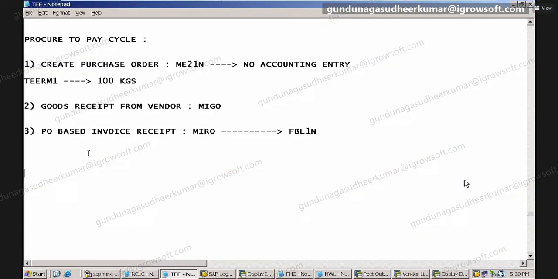Now, what do we have? We have FBL1N. What you have to understand is that what you posted in FB60 is also coming into FBL1N. It is a non-PO based invoice. Understood?